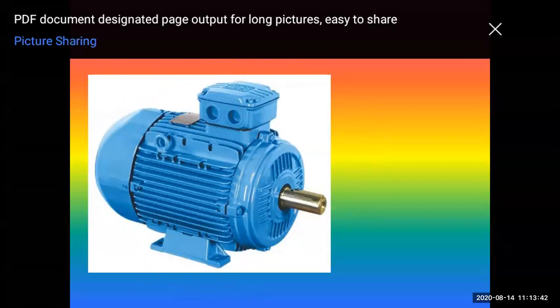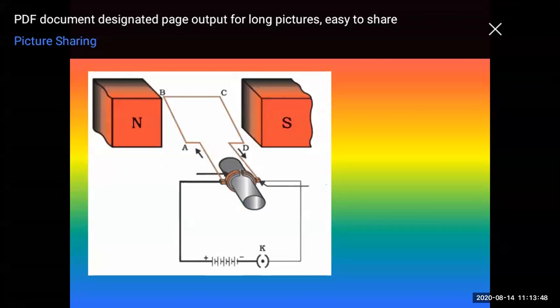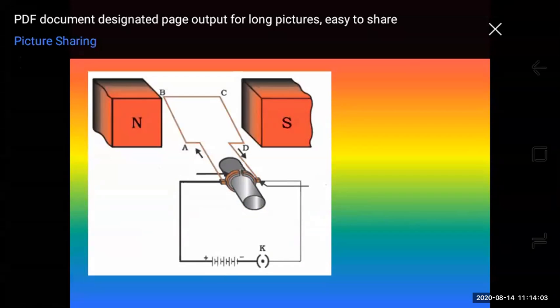Now what all things are there in an electric motor? What is the circuit diagram, the principle and the working of the electric motor? The electric motor consists of a rectangular loop. You can see the rectangular loop here. As shown in the diagram, it is placed between the north pole and the south pole of a magnet, in such a way that its branches AB and CD are perpendicular to the direction of the magnetic field. So this is AB, this is CD.